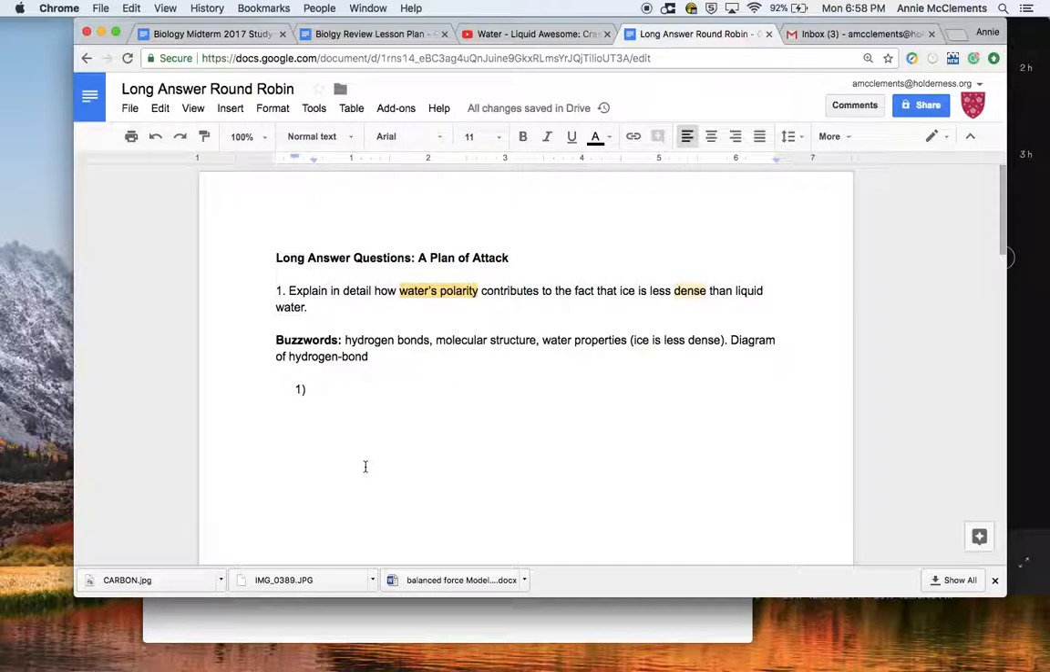The first thing that I would want to say is, definitely, what is polarity? Polarity is the partial charged nature of water molecules. That lends itself well to a diagram. You could definitely draw a diagram of a water molecule in there, right? Number 2, this partial charge, right, leads to hydrogen bonding,